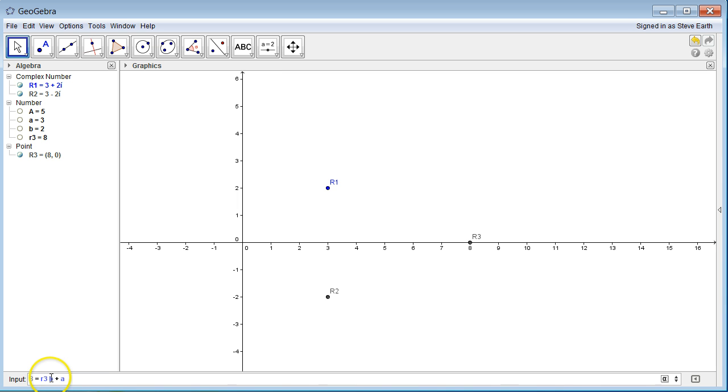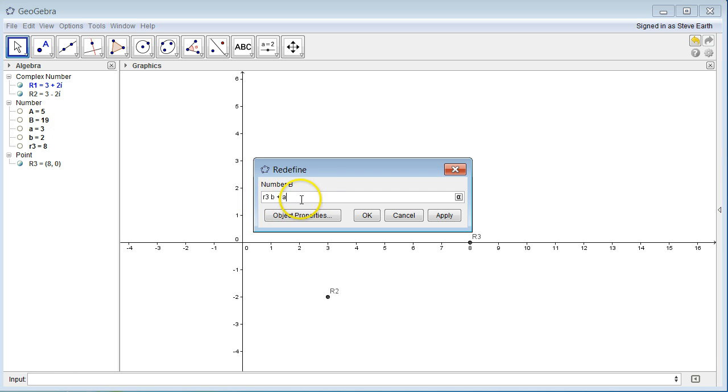Notice for the times, I left a space. If that bothers you, you can also put the asterisk in there. It means the same thing. The asterisk on my keyboard is Shift 8. So I'm going to push enter on that, and notice it says capital B is 19. But again, I didn't actually type in a number, I typed in this formula. And notice, even though I typed asterisks, GeoGebra said, oh, he means times, and put it in